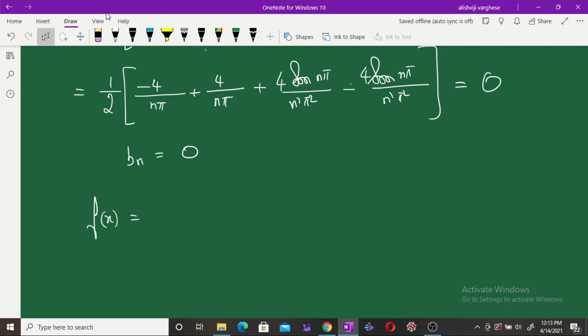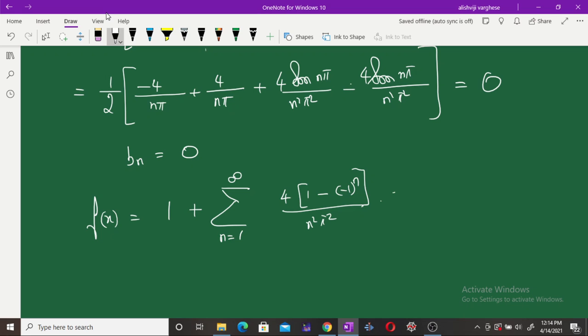A naught is equal to 2, so it is 2 by 2 is 1 plus summation from n is equal to 1 to infinity the value of an, which is 4 into 1 minus minus 1 raised to n divided by n square pi square into cos n pi x by L. So this will be the Fourier series representation of the